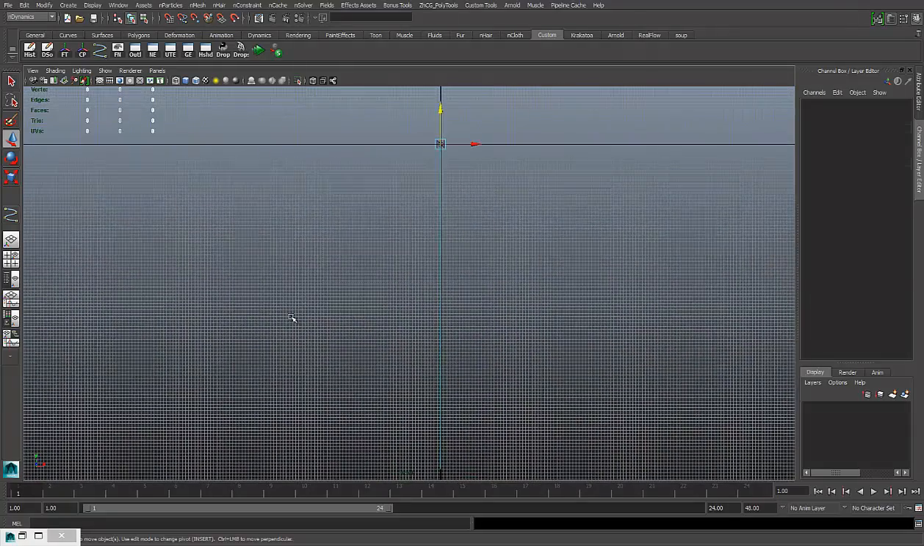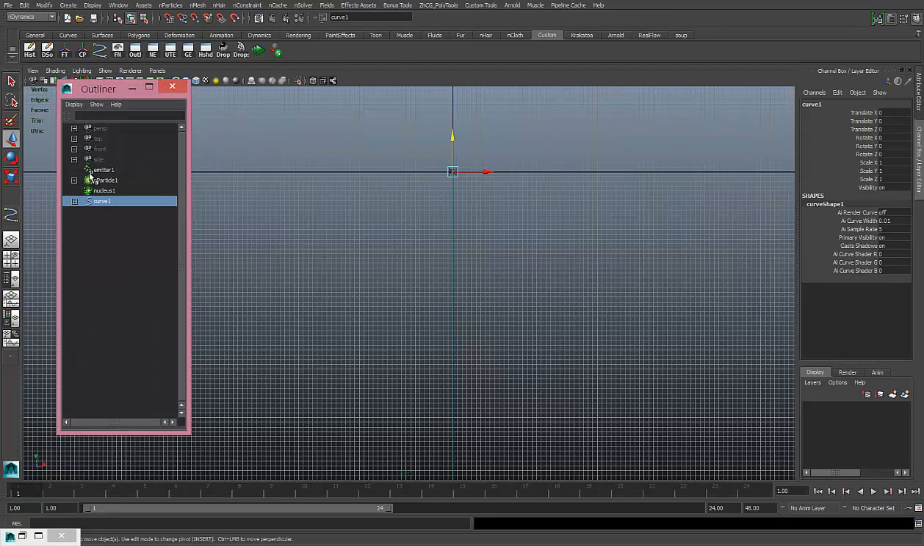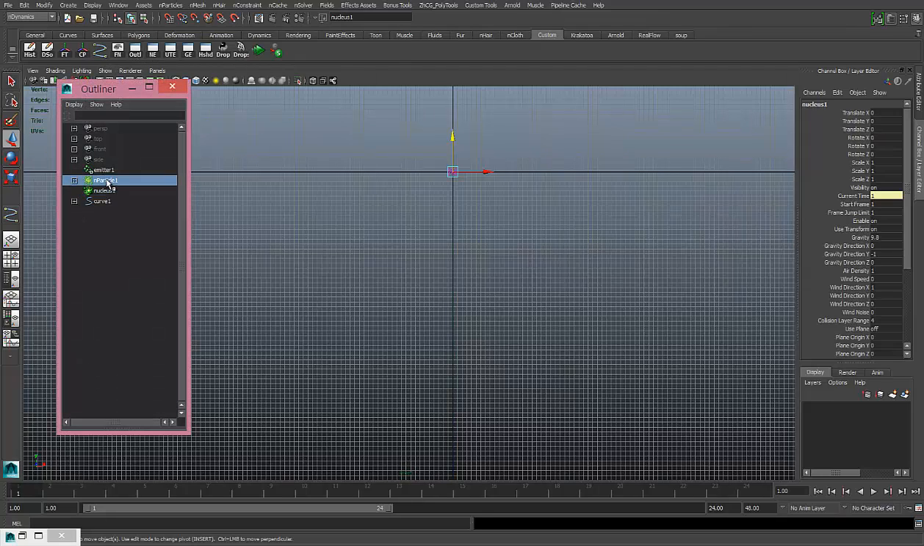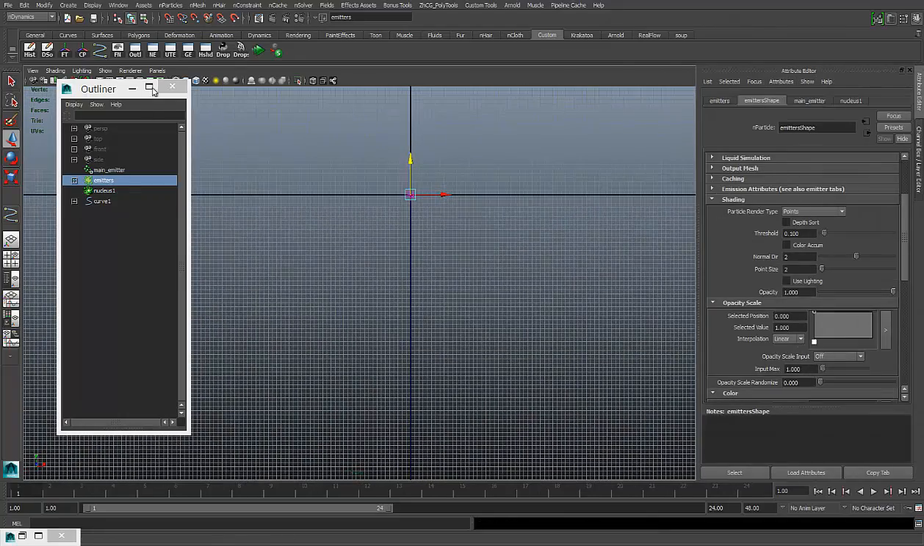Okay, now we have a curve in here and we have an emitter in here. So now if you go to outliner, this is our emitter and this is our particles. We're going to rename this emitter to main emitter and these particles to emitters. Okay, so now if we go to attribute editor and see what we can do here now,